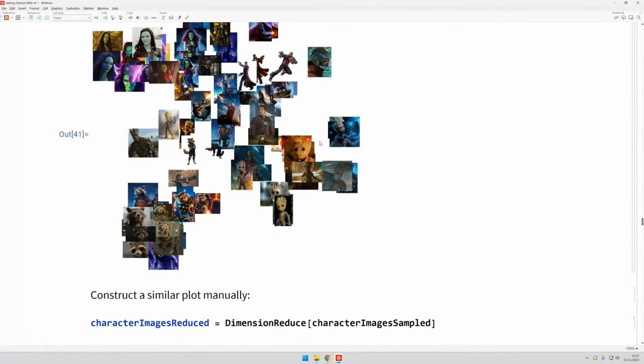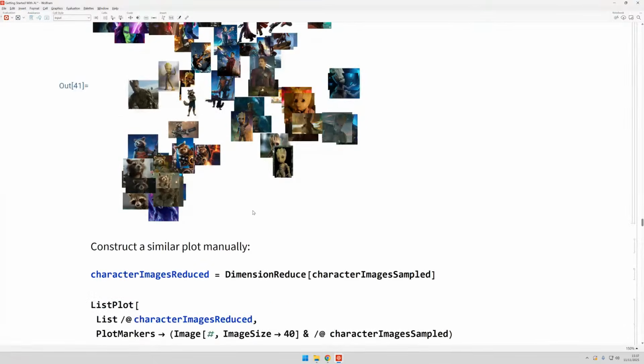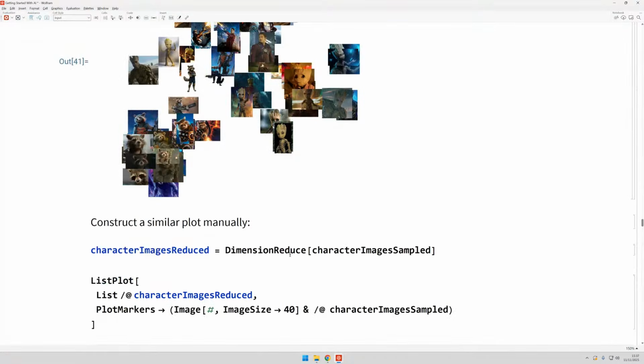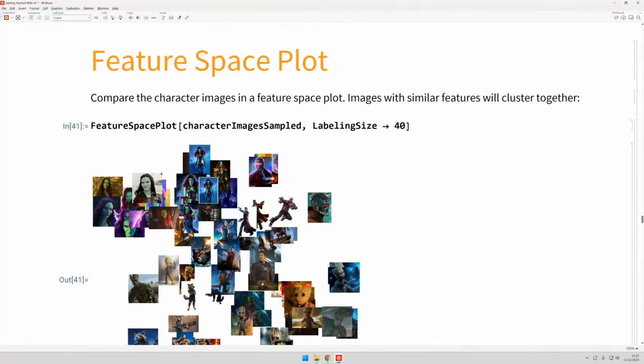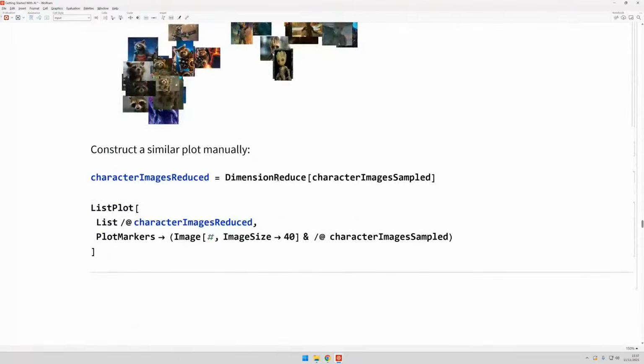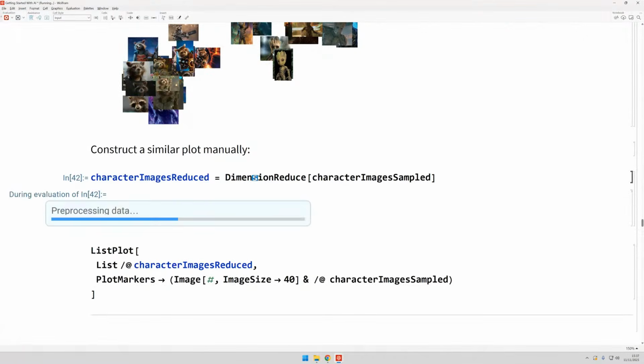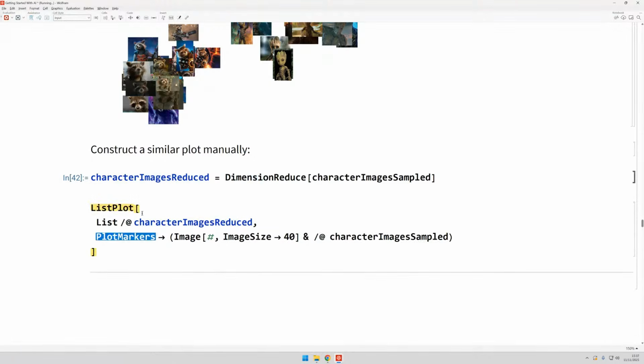And that's again a neat way of qualitatively saying that our feature extraction is working as intended. Now this feature space plot function is very neat because we just gave it our list of images, and we gave it this, which is purely to decide the size of the points themselves. We didn't have to do any work, but if we wanted to construct it ourselves, we would make use of this dimension reduce function, and that would then be something that we can use here in our